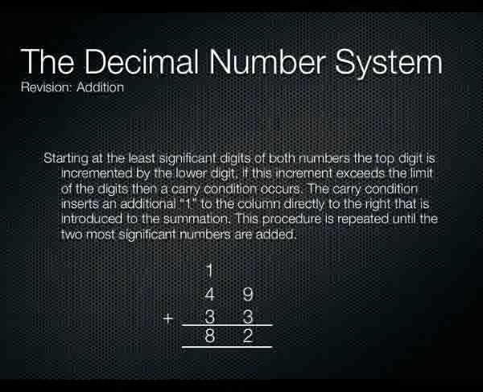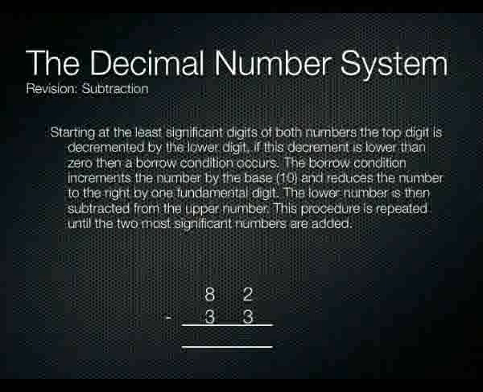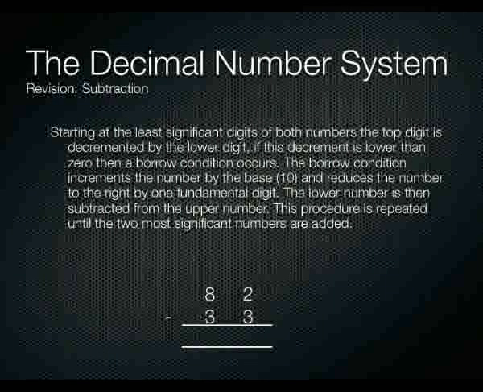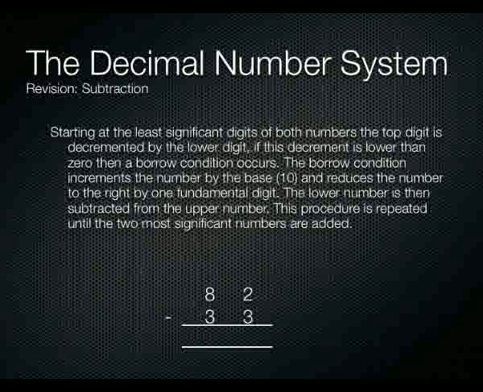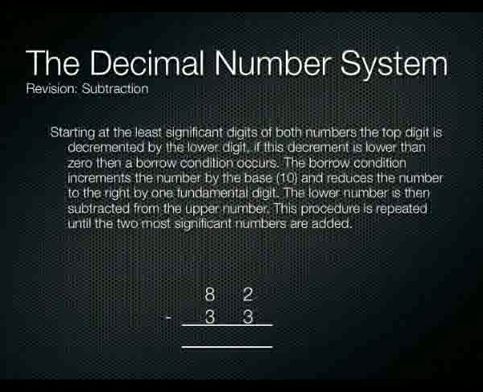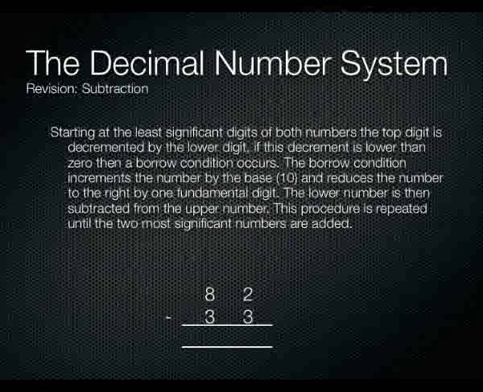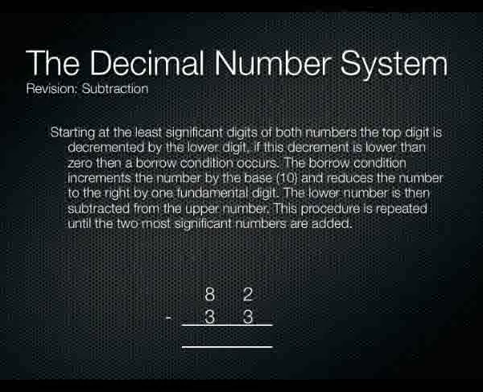Fairly simple stuff. When it comes to subtraction, we do the same thing here. We start with the least significant column. But hang on, if we've got to take the bottom line from the top line, we'll see that if we take 3 from 2, we're going to get a negative number. Okay, yes, we can handle a negative number, but it's not really going to make much sense. So what we do in this case, instead of what we did with addition, where we carried to the left column, in this case, we want to borrow from the left